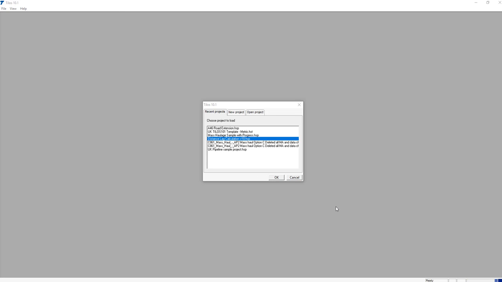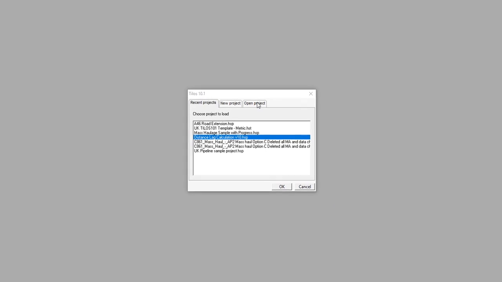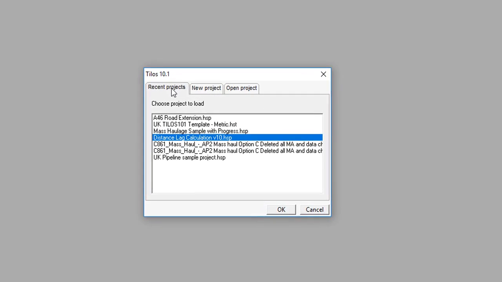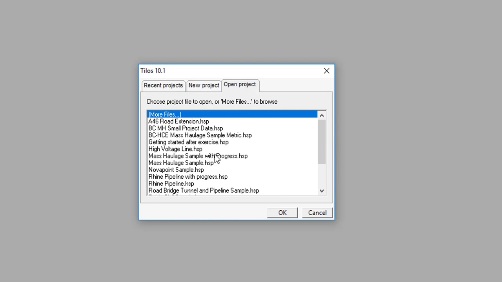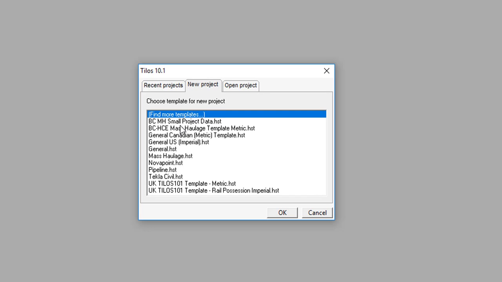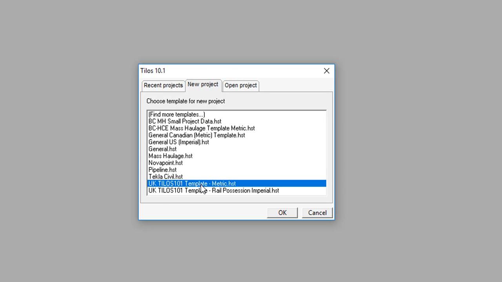So this is what Tilos looks like when you open it by launching from the icon, where you're presented with a dialog which is giving the option to select from a list of recent projects that you've opened. You can open any project that you can reach from this computer, or you can make a new project based on a template, one that has been created previously from a Tilos file, and this contains a lot of information